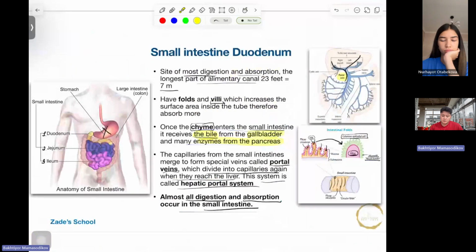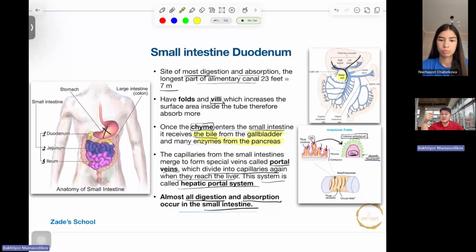This is really important for exam purposes: almost all digestion and all absorption occur in the small intestine. So first, digestion of the carbohydrates occurs in the mouth, partially. First digestion of the proteins occurs in the stomach. The first digestion of the lipids occurs in the small intestine by the enzyme called lipase,